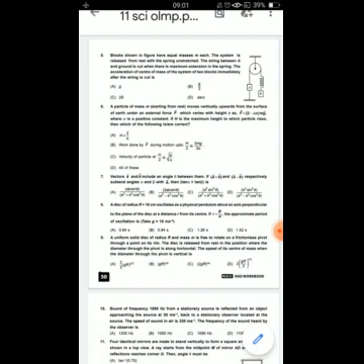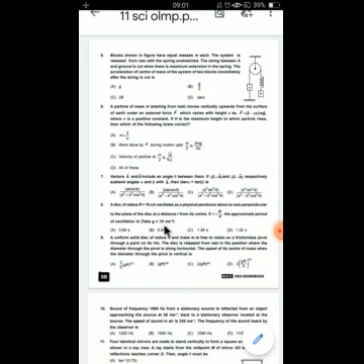If you add the first and second equations, we will get tan alpha plus tan beta, which is B sin theta by A plus B cos theta plus B sin theta by A minus B cos theta. And if we go through it by adding, we will get option B, the answer: 2AB sin theta by A square minus B square cos square theta. As you know very well, A plus B times A minus B will be equal to A square minus B square. Okay.